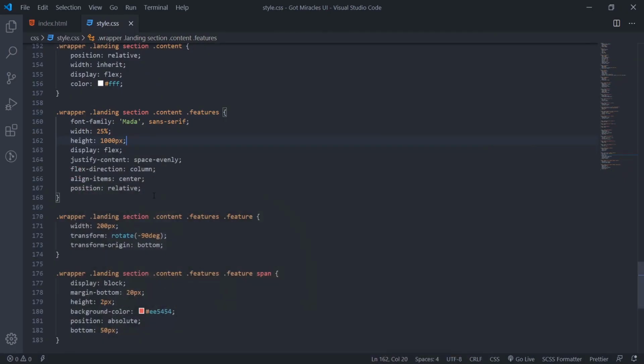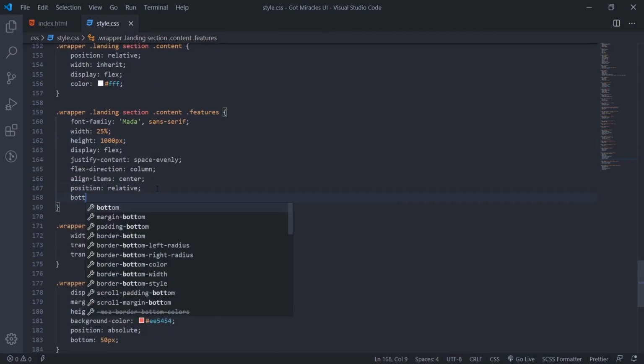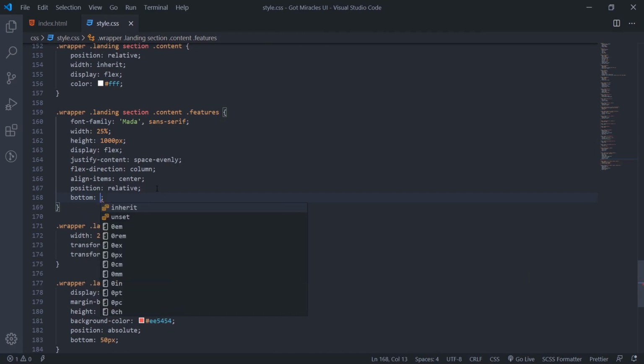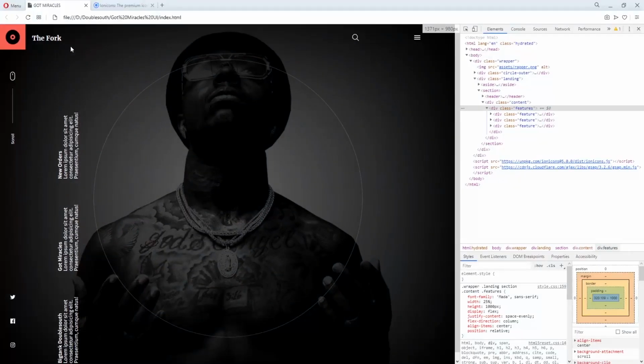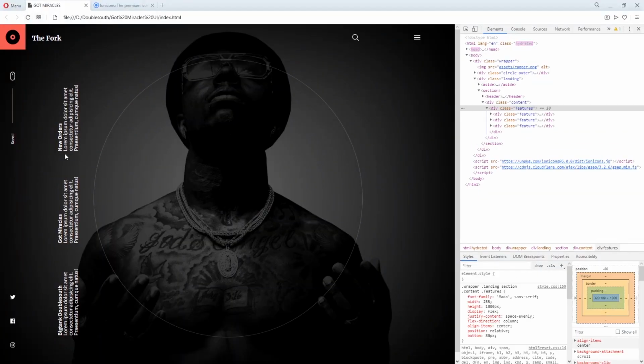Then bottom will be 80 pixels. Okay. You see it all set.